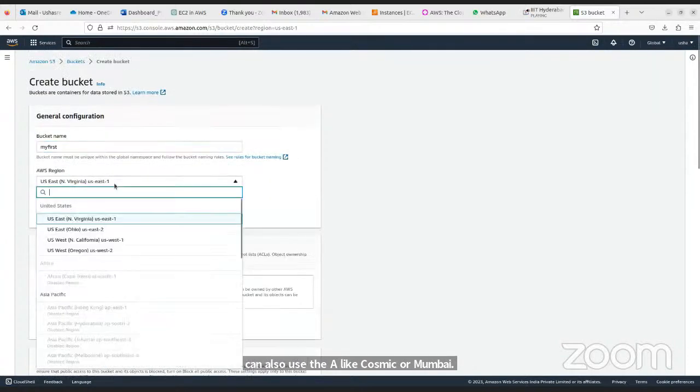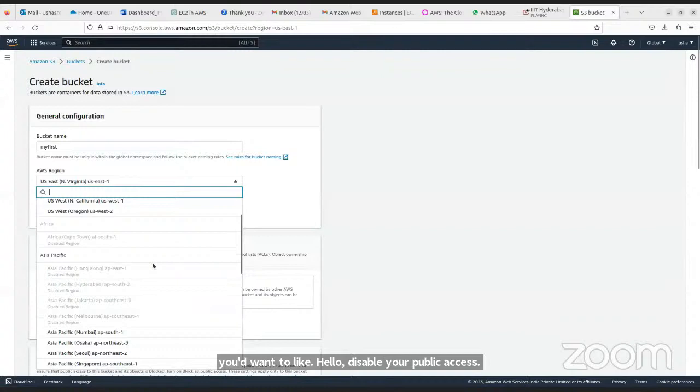If you would want to allow or disable your public access, you can deselect here. But for now, I'm just blocking all public access. Then enable this one, bucket versioning. Let us create bucket. Okay, it's already existed. So